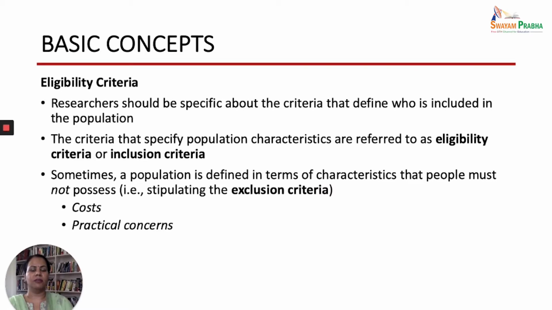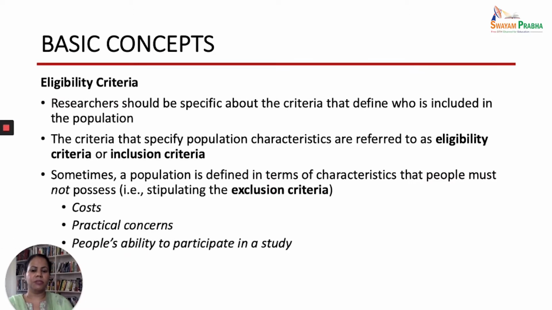For example, if you are conducting a study, you cannot include the people who are mentally unstable, or the persons with a specific condition who are in coma, because they won't be able to provide you any information. So you may decide about the eligibility criteria or exclusion criteria based upon your needs of the research study or objectives of the research study.